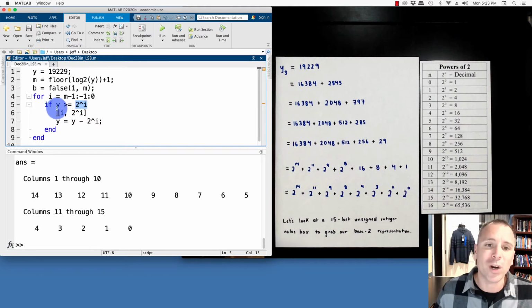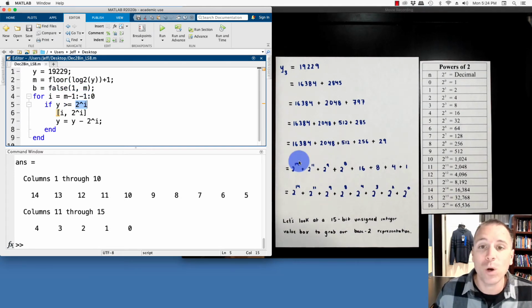So in this case, we're actually going to do this really, really easily. We're not going to do any binary representation. We're just going to see, does this pick off the proper powers of 2? I know which ones those should be from this, and so I'm going to print that out in my algorithm. And then I'm going to update the value of y by subtracting away that power of 2. Then I drop out of my for loop back to the index. I decrement the index by 1. I check the next power, which is exactly what we did over here.